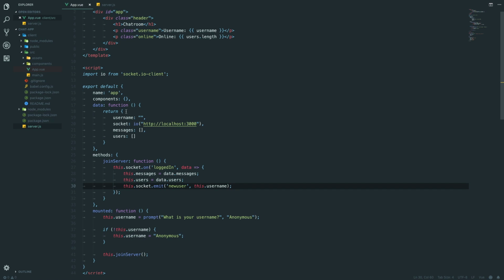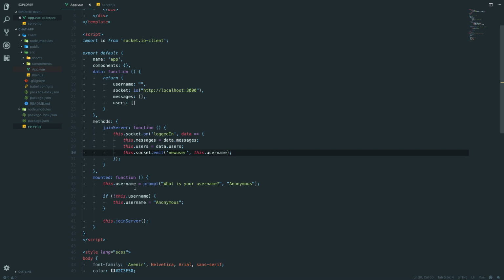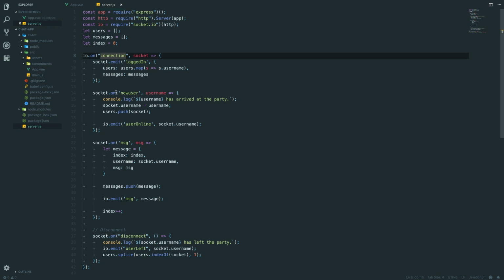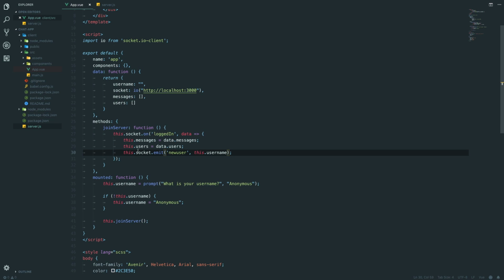We're going to pass back the username we create when we first load up, so this.username when we prompt, and we're going to pass that back to the server. The server is going to console log, it's going to tell us we've arrived, and then it's going to set this socket's username to username, push the socket into the array, and then send back to everybody who's logged in user online socket.username. We haven't created that function yet, so we're going to create that in a minute, but for now, if